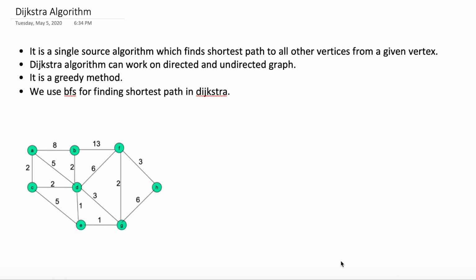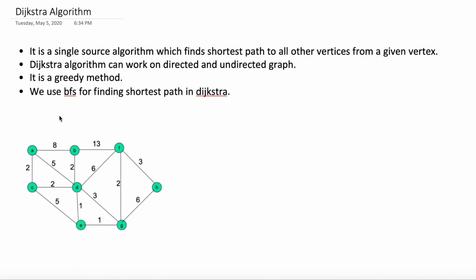Today let us discuss the Dijkstra algorithm. Dijkstra algorithm is a single source algorithm, which means that we are given a source and we should find the shortest path to all the other vertices in a given graph. So here consider A as a source, so we will find the shortest path to all the other given vertices in